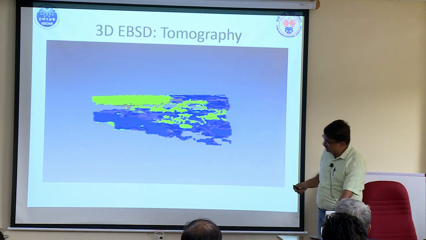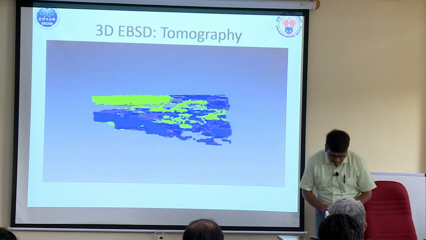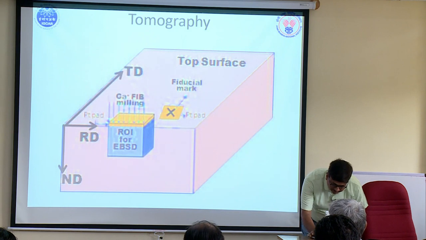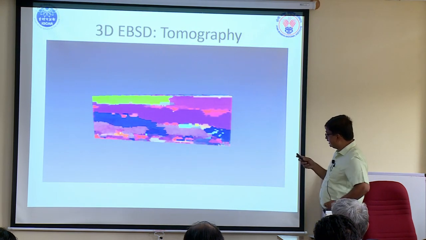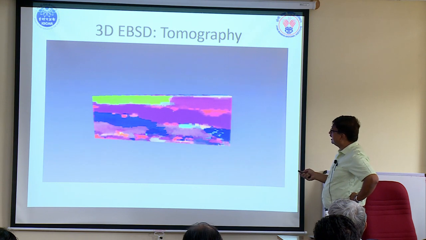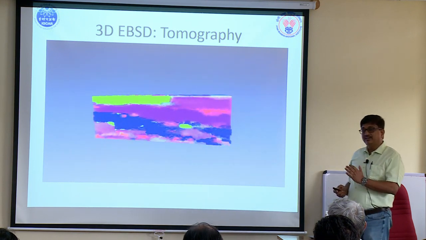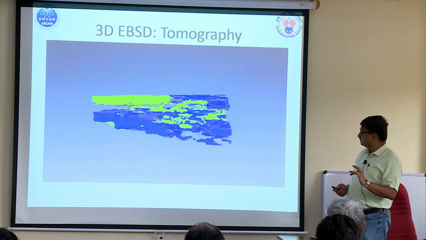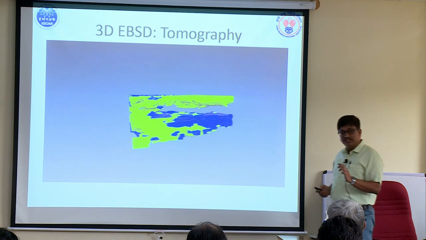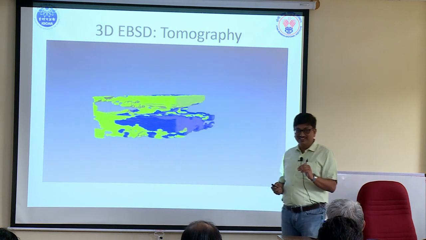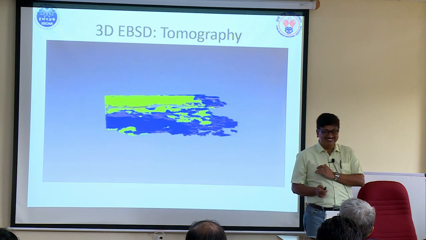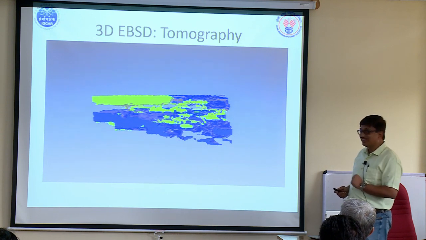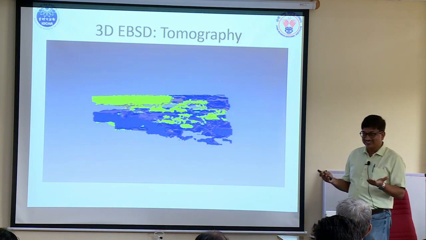So if you look again very carefully, basically try to concentrate on this green grain and the blue grains. So right at the end, we have removed all other grains, just concentrated on the 2. I really do not know whether the grain surface looks so rough in reality as it looks here. It looks very unrealistic, but this is what it is. I mean, this is what the experiment gave.